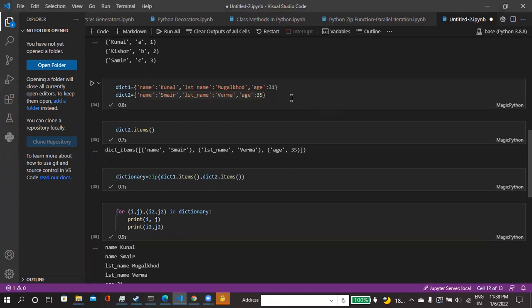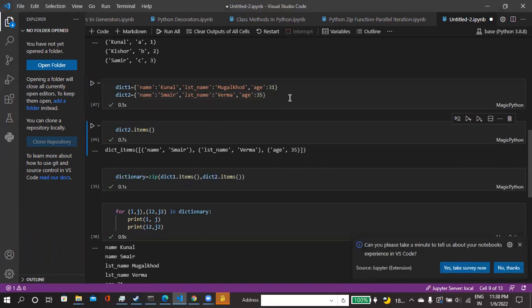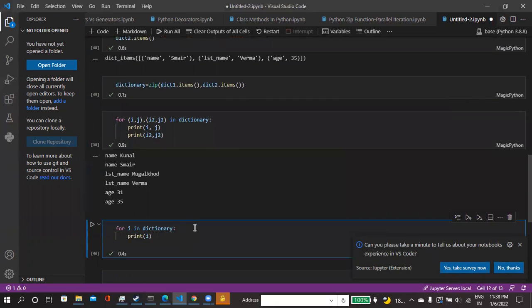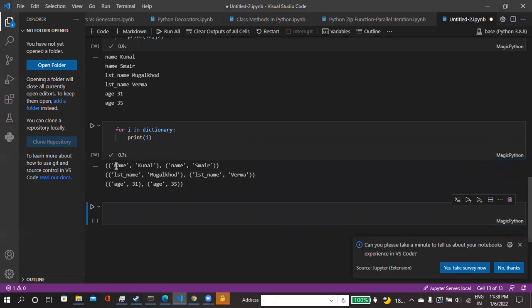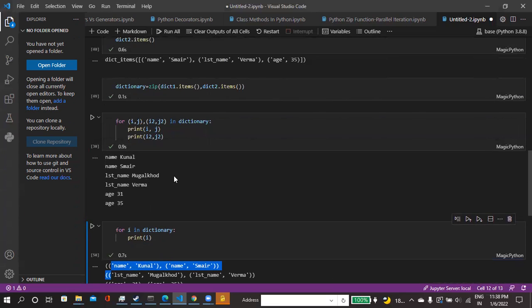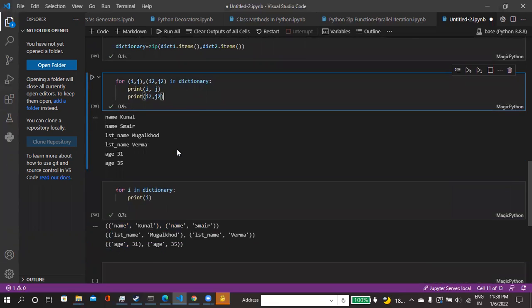I did not run the zip operation. I run that particular zip operation. Here you can see the tuple of key-value pairs. This is the first item from the first tuple, and this is the second item from the first tuple. Similarly, two other tuples are created. In that way, we can use this zip operation.